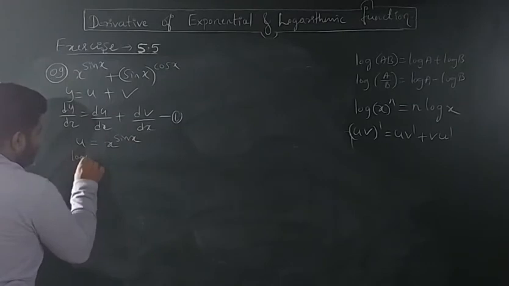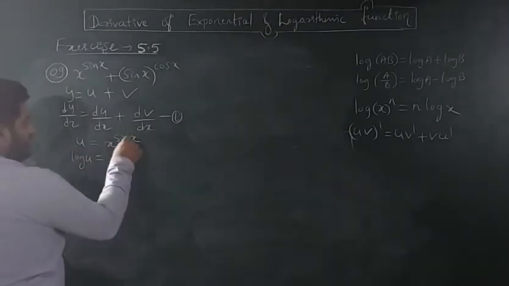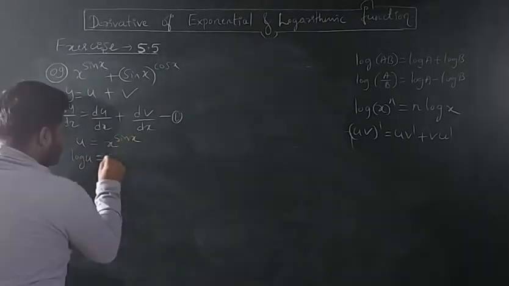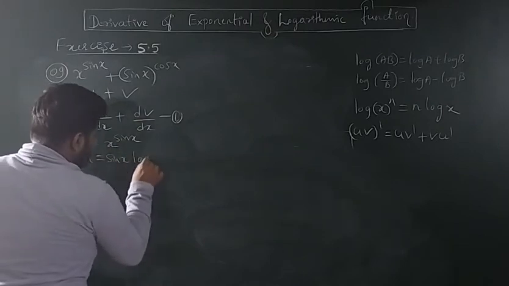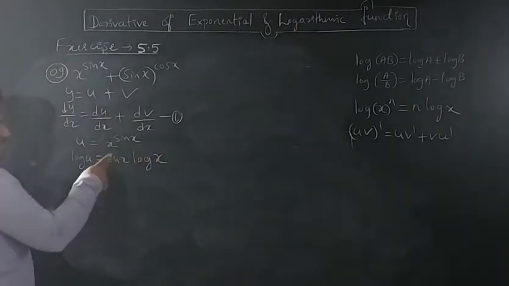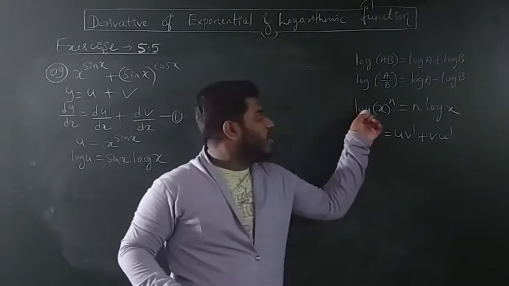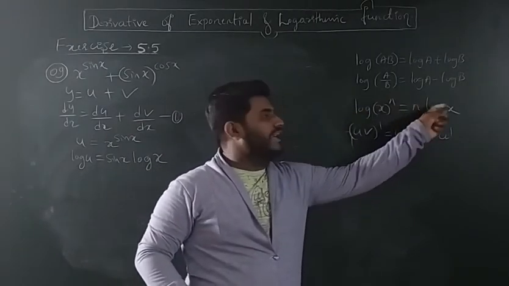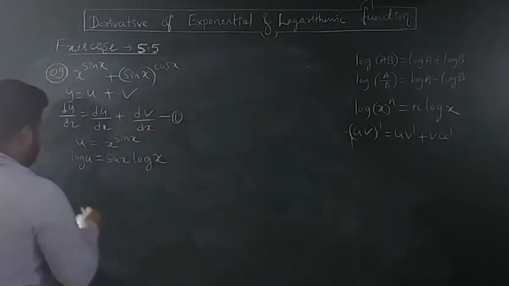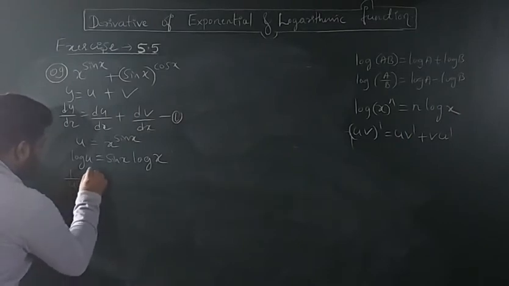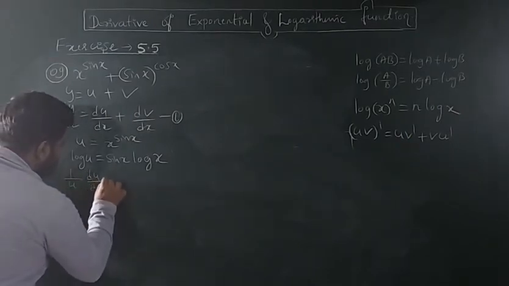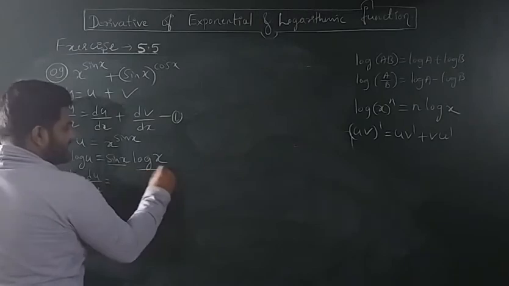So log u is equal to, you write this one. Whatever is in the power comes first here: sin x and log x, because of the formula log x to the power n is equal to n into log x. So now find the differentiation: 1 by u into du by dx equal to, again two functions are there,